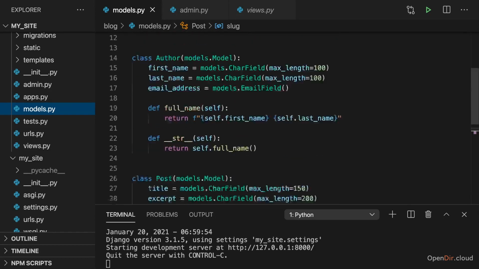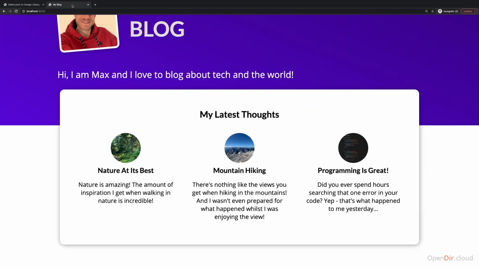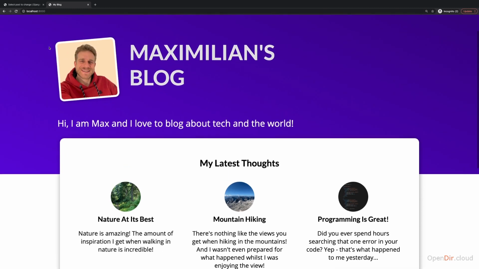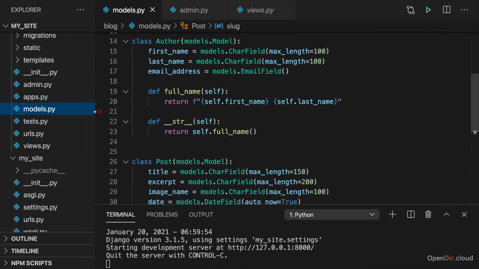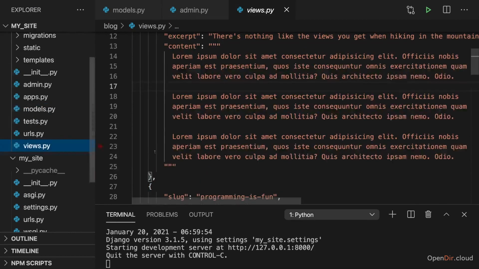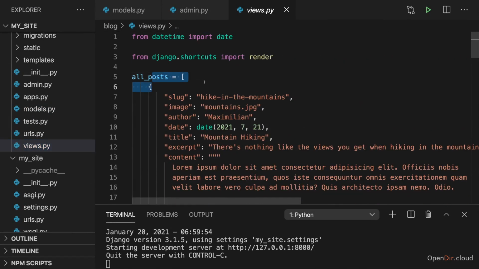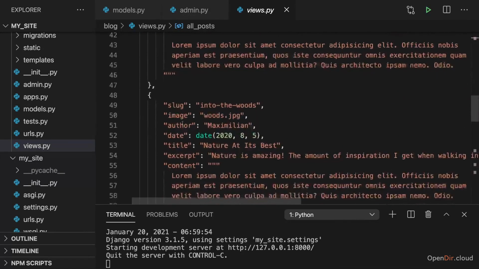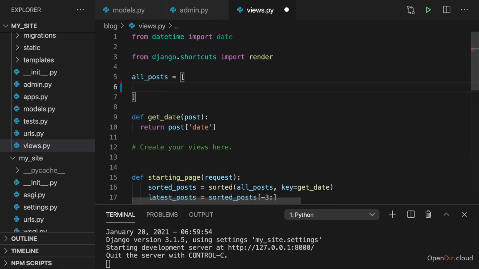So now with our models all set up and with some data being added through our admin view, I now want to make sure that for the front end of our blog, so what our users, our visitors see, we of course also now use that data from the database with help of the models. And currently in views.py, we are of course using that dummy data, that all posts list with our dummy dictionaries. I will now remove that here, or I will at least remove those dummy posts in there